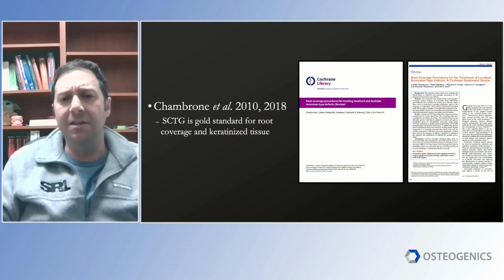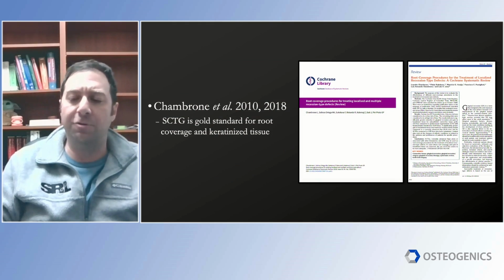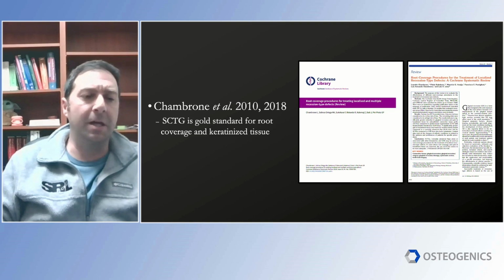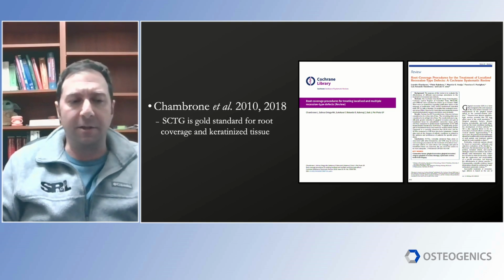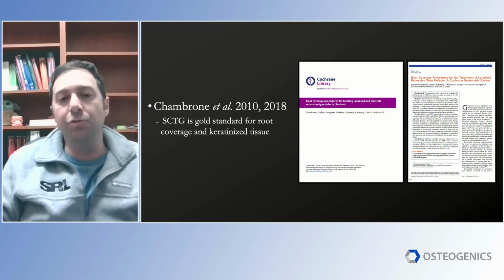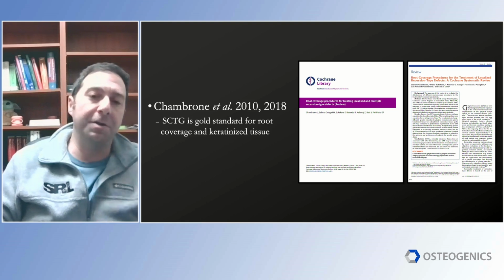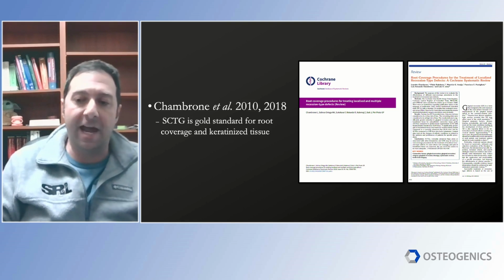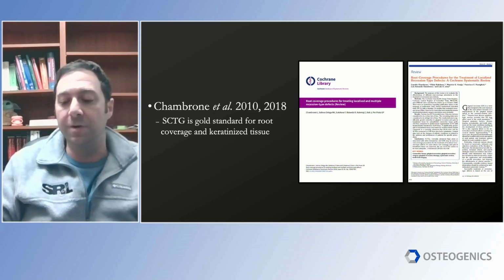If you look at the Cochrane systematic reviews, they all show that when it comes to root coverage, keratinized tissue, and patient morbidity, truly the connective tissue graft is the gold standard when you compare it to all the other materials out there, the other autogenous techniques as well, free gingival graft, coronally advanced flap, and also compared to allografts